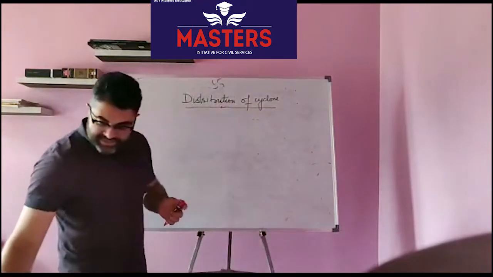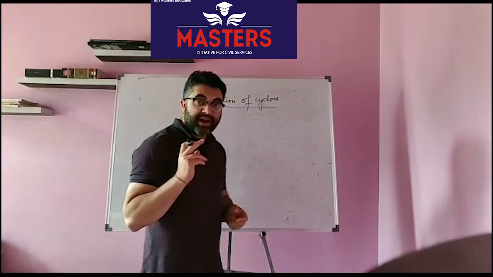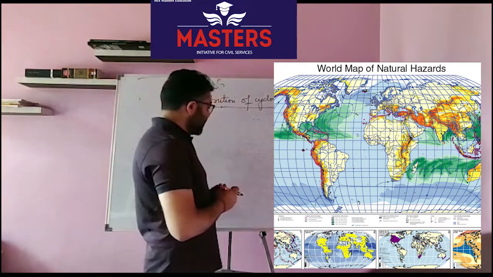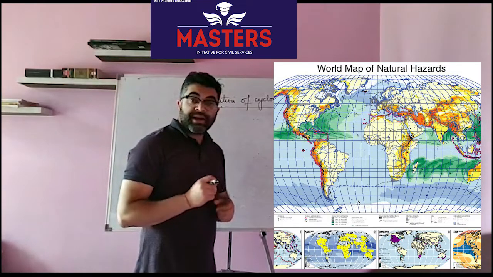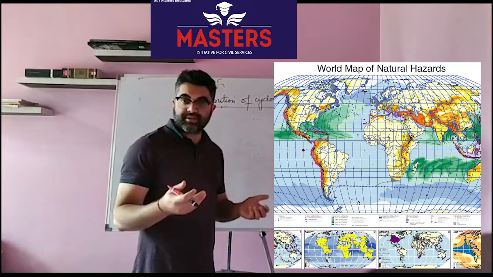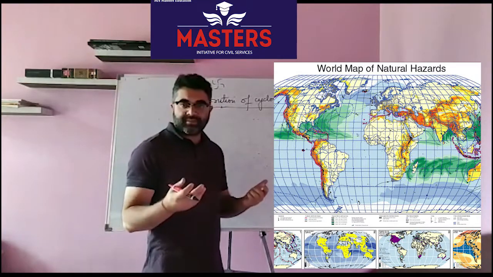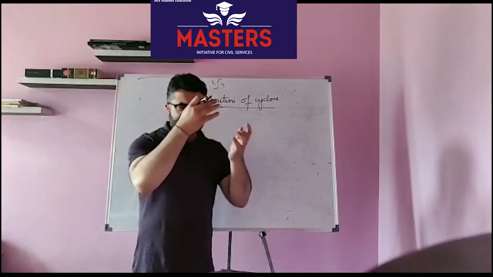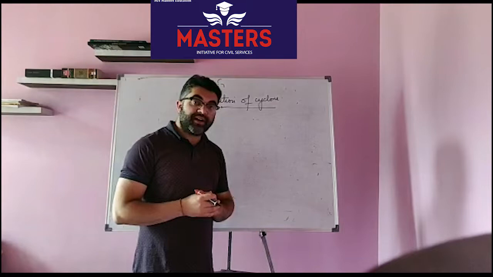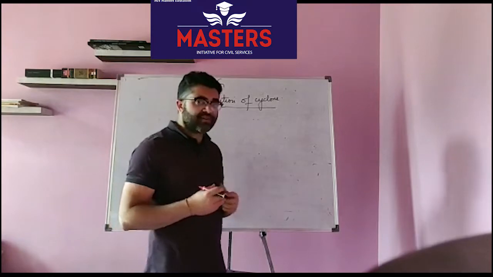Now if you see the broad discussion, those who are using NCERTs, please refer to NCERTs, but in your atlas, be it the Orient BlackSwan Atlas or Oxford Atlas, there is a map on natural hazards towards the end. In some editions it's on page number 114, some editions 121, some 119, and in Orient BlackSwan it is on page number 89 or 94. You can see the contents and find out. That map will give you an idea about the location of tropical cyclones. And if you see the tropical cyclones,